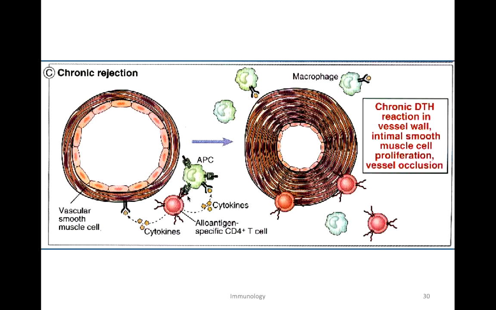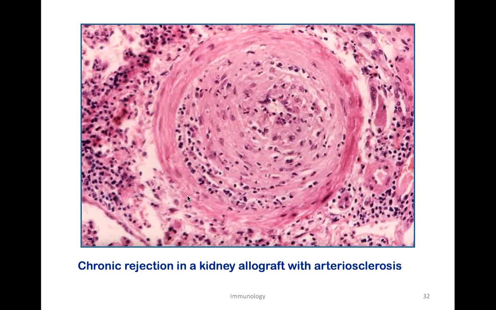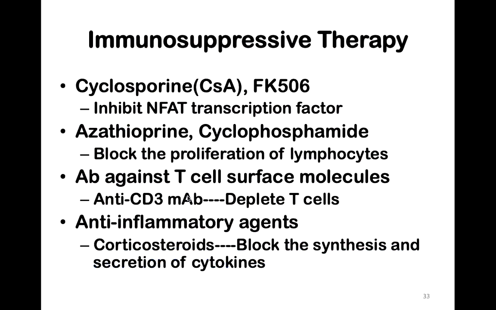So this is a pictorial representation. You have damage to cells, macrophages, antigen presenting cells, cytokines, all types of immune mechanisms responsible for this to occur. But why does this occur or how is the onset? The events are not yet that clear. So if you see the graft rejection of a kidney that has been transplanted, here is a pictorial representation where the damage to the graft has occurred and you don't have a functional kidney. So in chronic rejection, this is the figure, the histopathological examination of the cells.